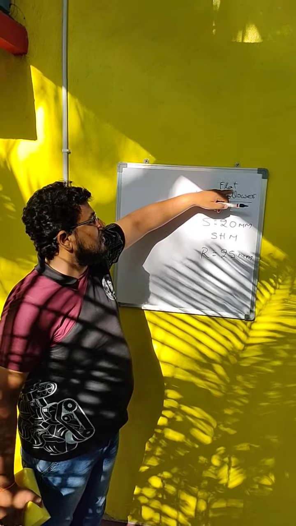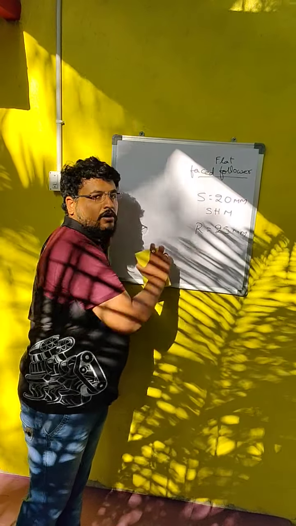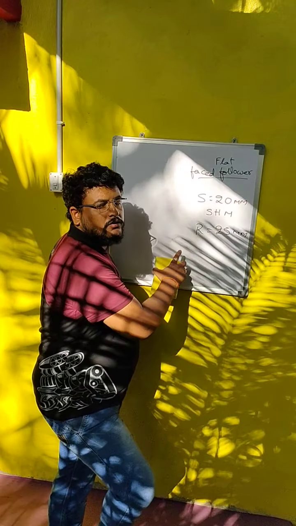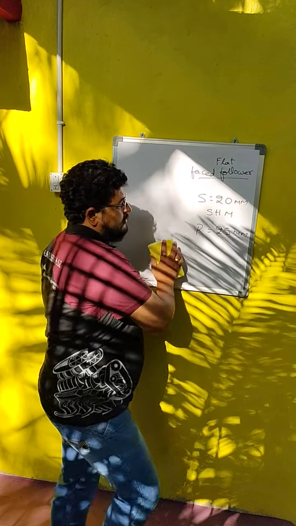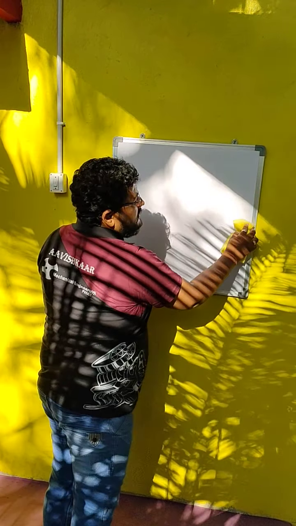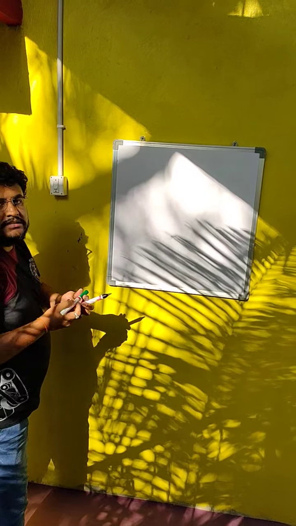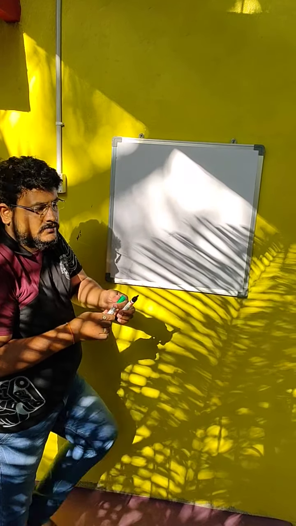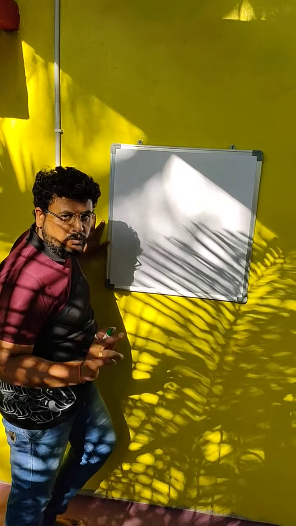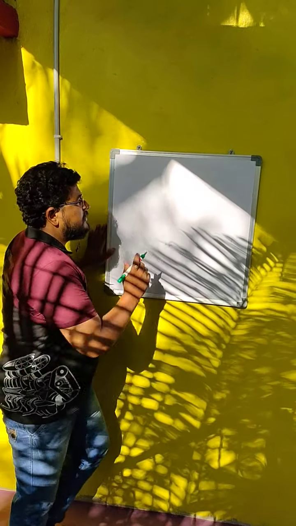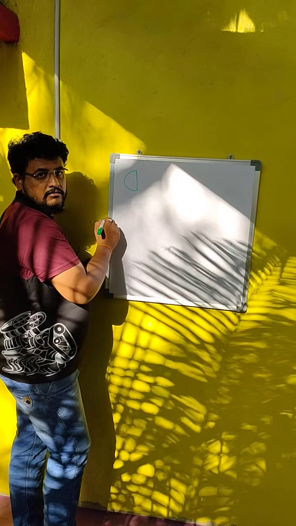Here the difference is what type of follower is given? Flat faced follower. That means as the rise and return take place in simple harmonic motion, before drawing the cam profile, we have to draw the displacement diagram for the follower moving with simple harmonic motion. Now here stroke of the follower is given as 20 mm. Therefore, so as to draw the semicircle, we have to take half of the stroke. How much is half of the stroke? 10 mm. With radius 10 mm, draw the semicircle.